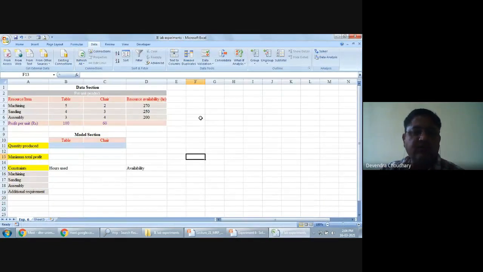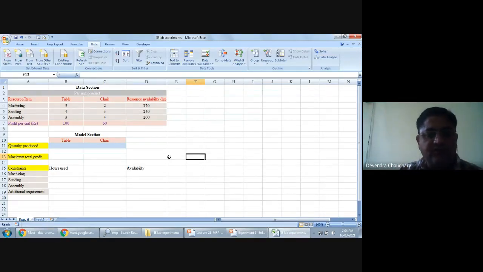In the Excel worksheet, to save time, I have put in some values and data. The worksheet has two sections for solving a linear problem. First is the data section, where I have defined the data we discussed earlier in the PowerPoint slide. The constraint requirements, the profit per unit, and the resource availability are given.